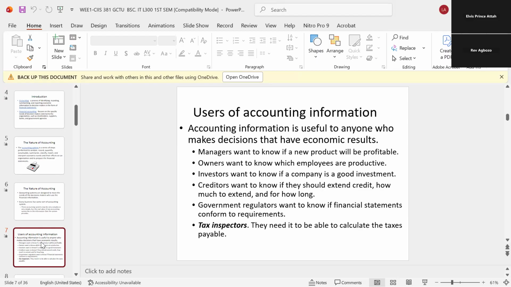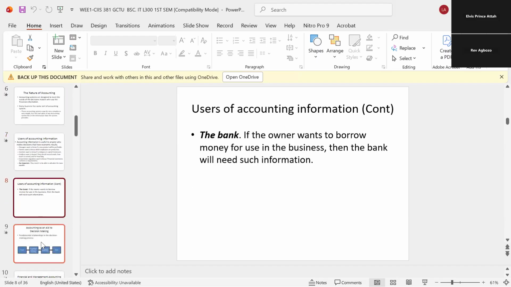Investors want to know if a company is doing good so that they can invest in it or sell their investment. And government will also want to know how they are doing so that they can know whether they are paying tax or if they should give an incentive to promote them. So all these people are users of various